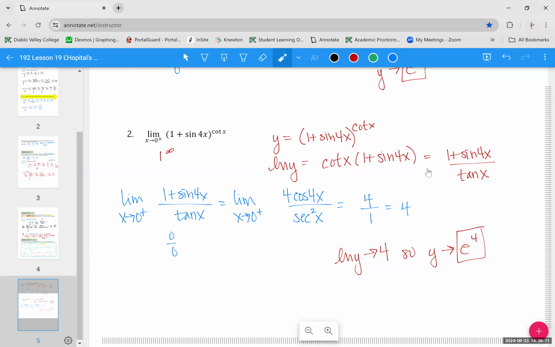Let's take a look. So if I plug in 0, sine of 4 times 0 will be 0, so I have 1, and cotangent of 0 is also 0. That's not right. Cotangent of 0 is not 0. Cotangent of 0 approaches positive infinity. So we have 1 to the infinity. That's what I wrote down. So I'm going to set my y equal to the thing I'm taking the limit of. Take the ln, that will